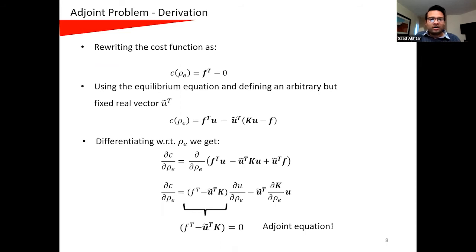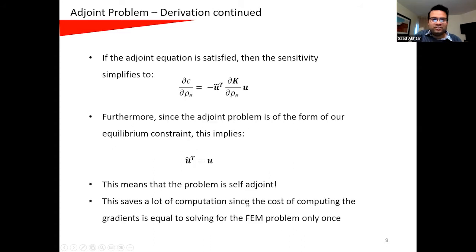Anyway, so we rewrite our cost function in this way, and we use the equilibrium equation, which is a conduction equation in our case, and we define an arbitrary fixed real vector u tilde t. And rewriting your cost function in a smart way, this 0 here can be replaced by this equilibrium equation here. And if you want to calculate the sensitivity with respect to the design variable, you differentiate this. And at the end of the day, using this adjoint equation, you simplify your sensitivity to this expression,